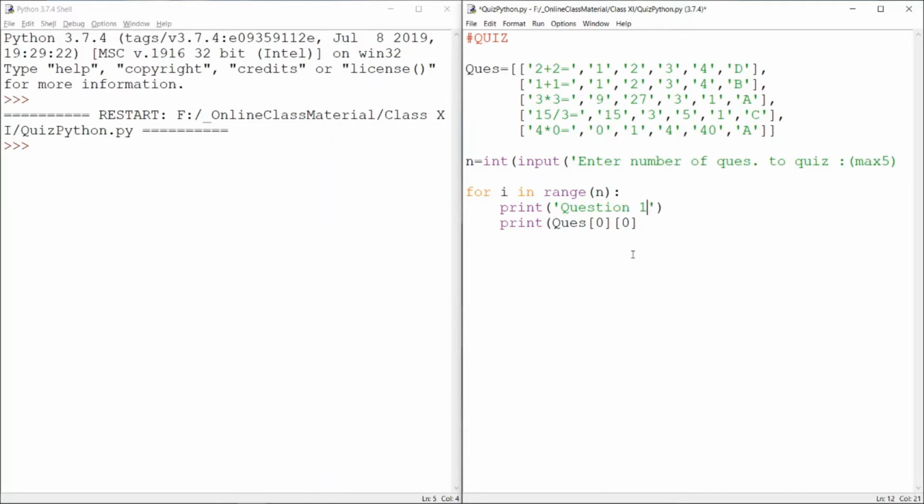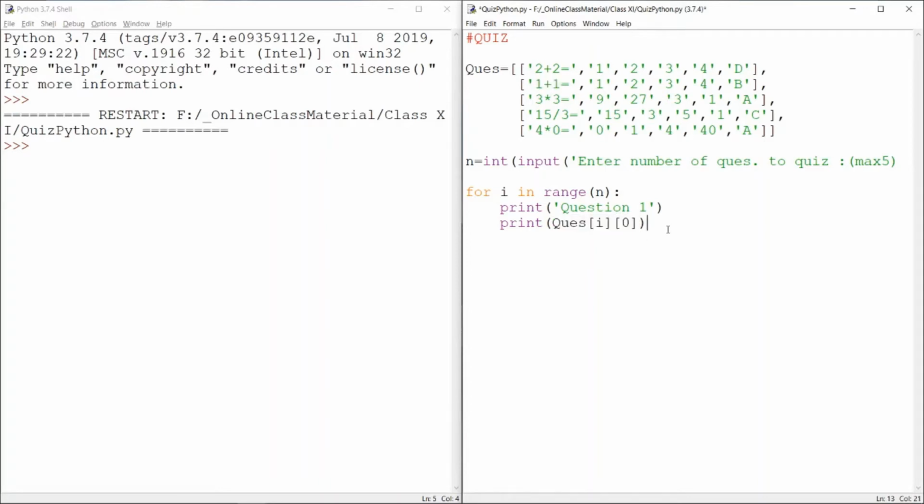Hence question number 1 will be at this list's 0 0, right? So this we can print. The next time when the loop runs, the second question should come up. That means next time this should become 1, next time it should become 2. The question is in question i 0. So question 1 0 means the second one, right?